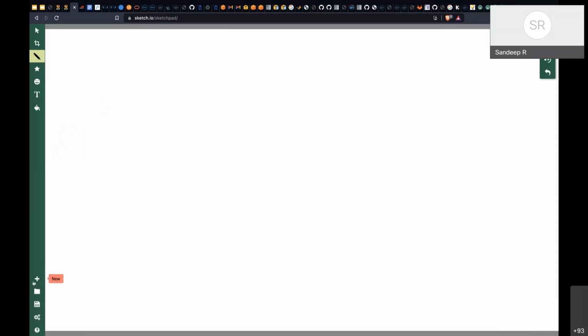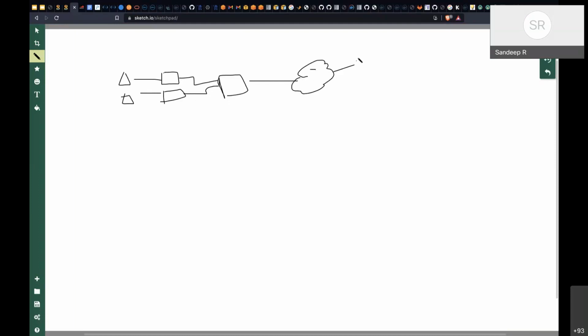So I took a new page. Just for the heck of it, I'll draw the old picture also here. We had two hosts connected to two different switches like this, and then we had one more switch. They all connected to the internet gateway, and from the gateway they went into the internet. Somewhere on the internet is Sony Live, this is Prime. So all these TV providers are here. Okay, so this is good.